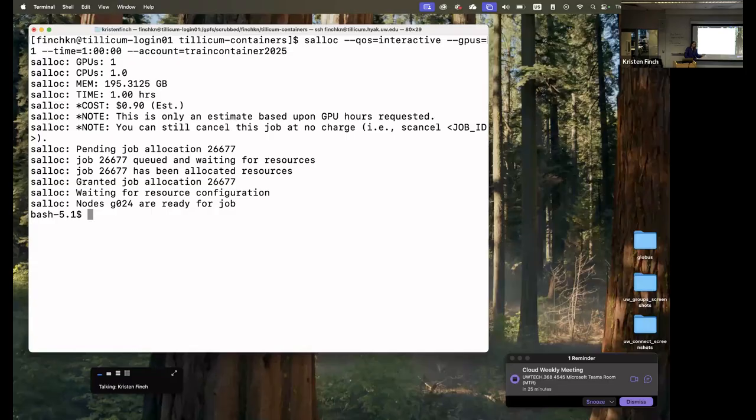But it will stop charging me very precisely on the second that it gets the termination signal. But it gives you a little bit of a warning there. This is also where, if you are hitting a budget limit that your PI has set up for you, it will also tell you. And then it tells me that my job started on